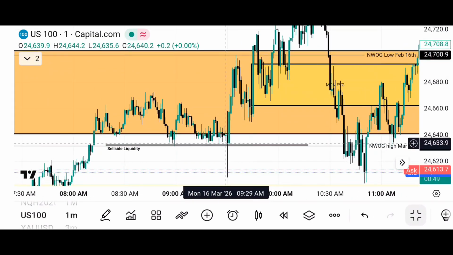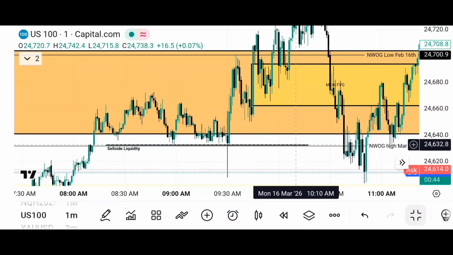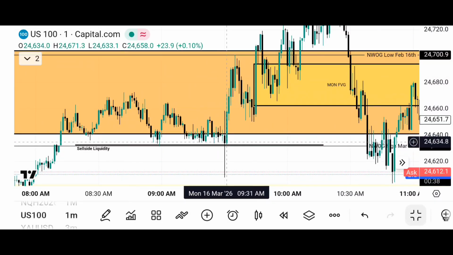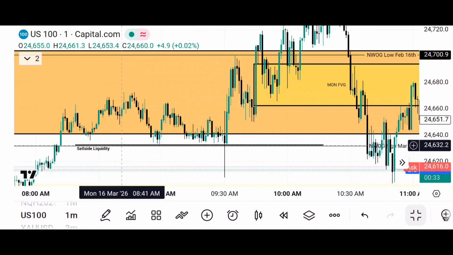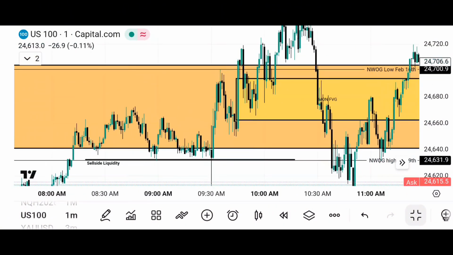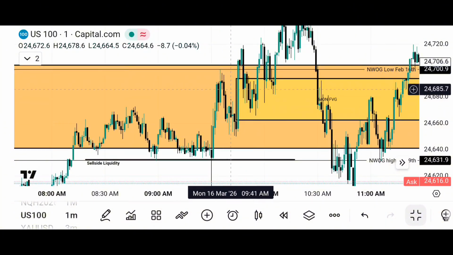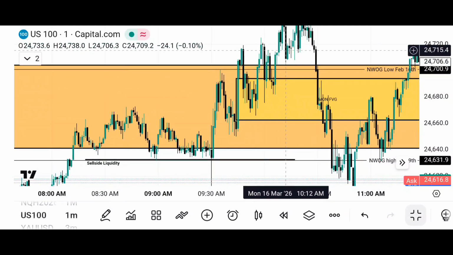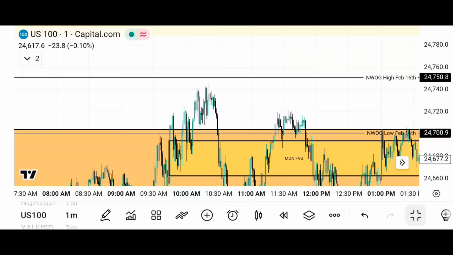And you can see this sell side was taken exactly at the market open. The market open for the New York AM session is 9:30, and exactly at the 9:30 candle, it ran down to take out these lows, to take out stops from these lows, and it rallied up. It rallied up, reaching the upper quadrant of this March 1st presented fair value gap, came down to this level, ran up again, and kept going higher until it finally stopped at